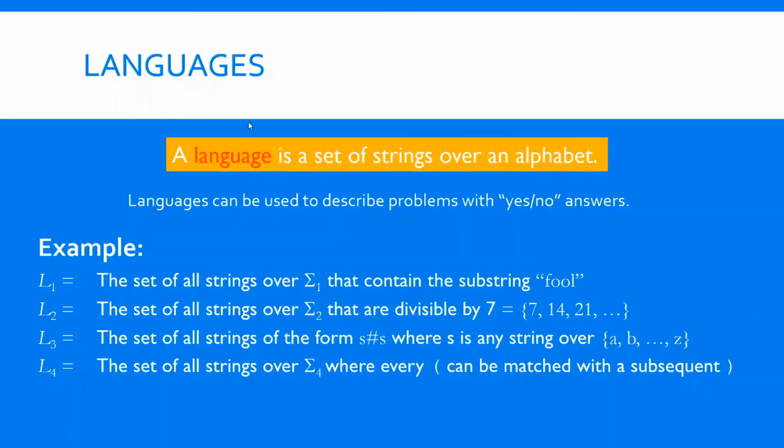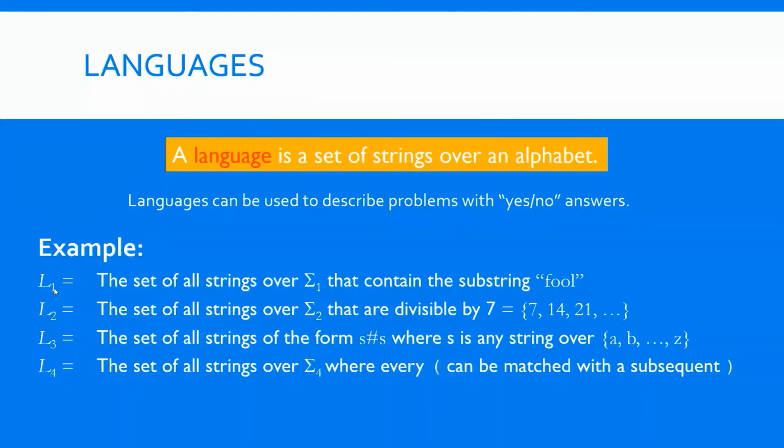Problem and language both are the same, both are equivalent. So you give me a problem, I can encode it, that gives you the language. Or if it is in a language form, you can write its corresponding problem. And we are using a machine for solving a problem or deciding a language or accepting a language. That is the objective of this course.